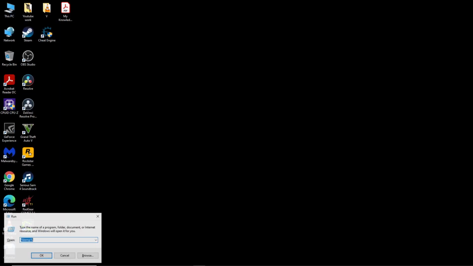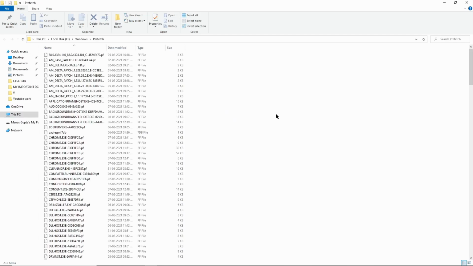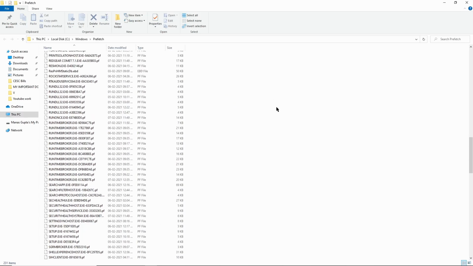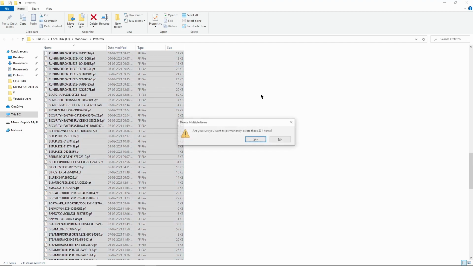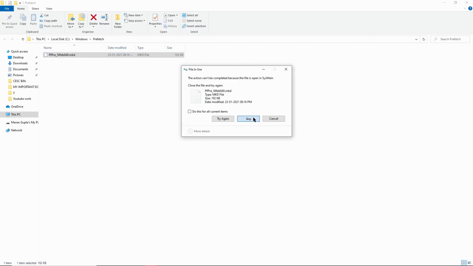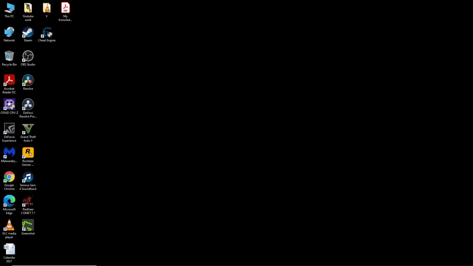And then again go to the Run option. From here you can type prefetch, click on continue, and you can see these are the junk files that are currently stored on your PC. Just select all of them and press Shift Delete, right? Okay, after you have completely deleted those junk files from prefetch, temp and %temp%,